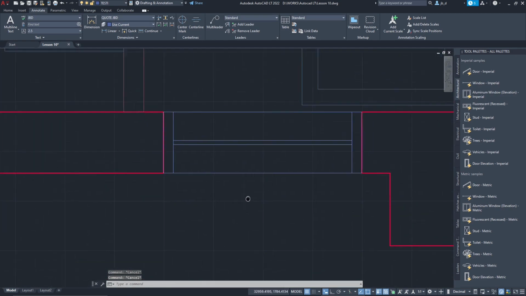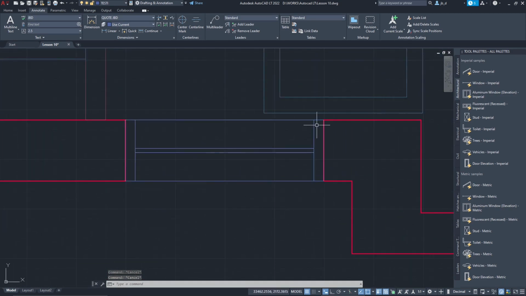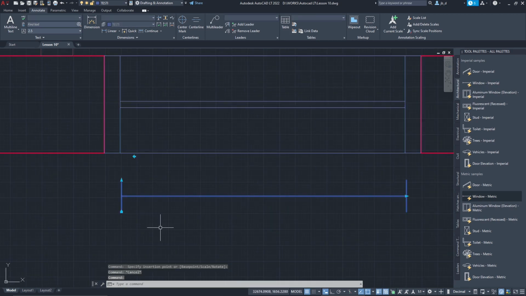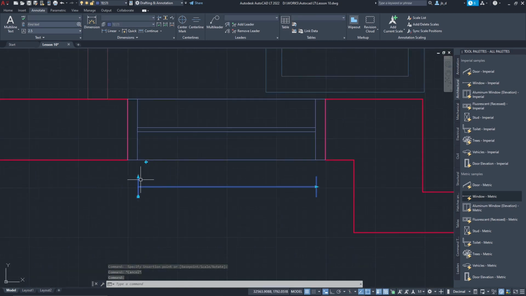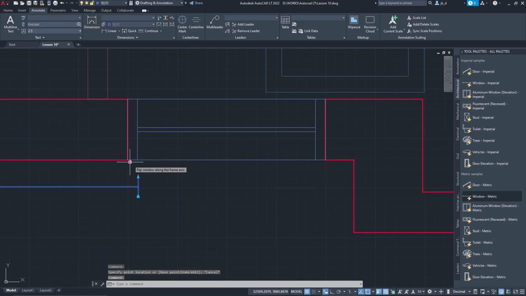Now let me move here, and I want to change this window. I want to insert a parametric window, which is gonna be this one here. You can set the imperial or metric. Well, in my case, I'm gonna go with metric, and this is a really simple representation here of the window. And you can see again, it has these grips, so I can change it, and here I can flip it. Okay, so if I double click there,